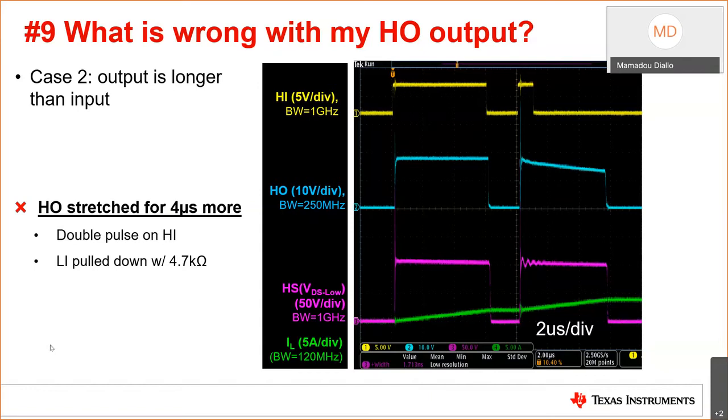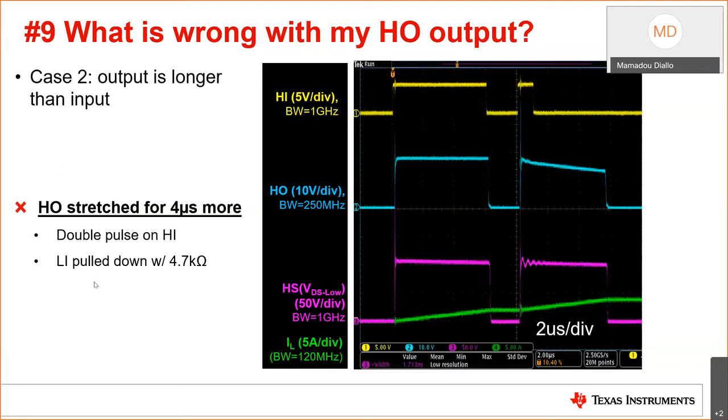Okay, let's look at this waveform. You guys selected option C, the HO pulse is too long. Yes, absolutely. This is also considered a false logic. So essentially, the closest answers here are A and C.